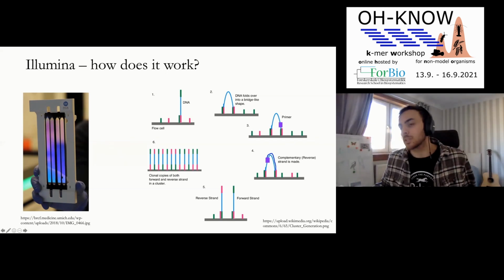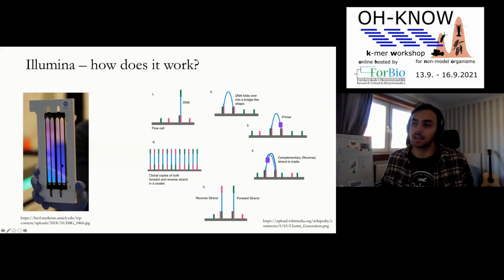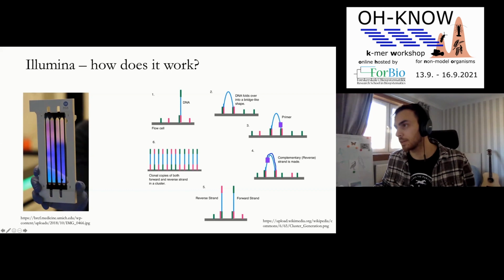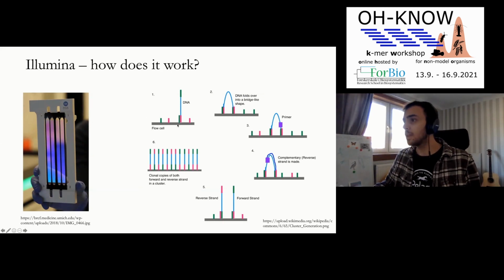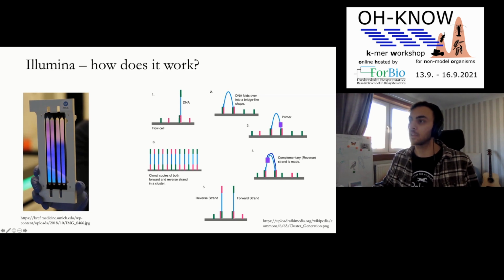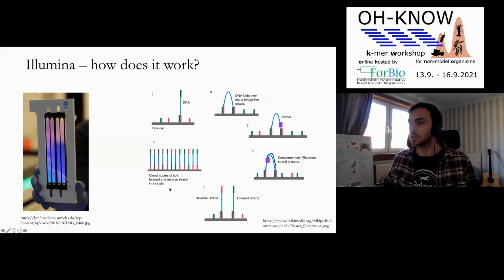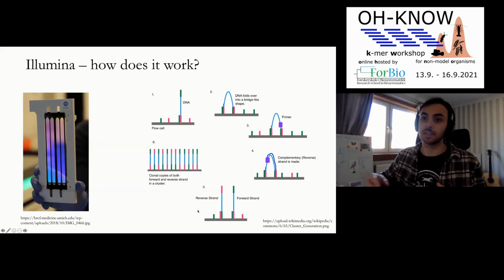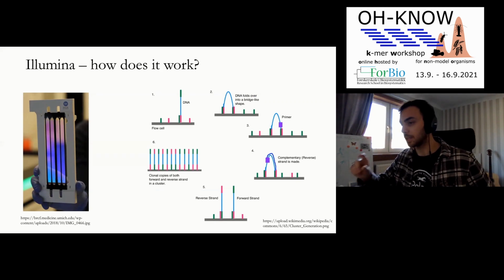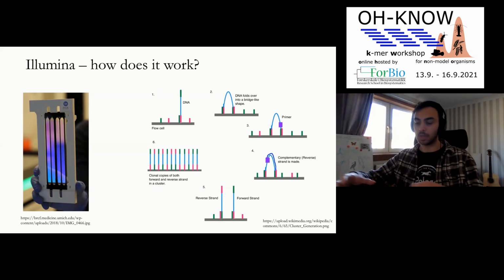Illumina is pretty amazing because you have a flow cell like this, which has this textured matrix on here, which they're always improving. That matrix has different oligonucleotides attached to it. Your DNA fragments that you've already extracted and cut up will bind to these oligonucleotides with the Illumina primers that you've attached. The DNA is then folded over, and you synthesize DNA, this complementary strand, as it goes. You then end up with these two strands, and in some protocols this reverse strand is washed off. But what ends up happening is you've essentially grown a small patch of that sequence around the area. So from one initial DNA strand, you've synthesized a big clump of it.